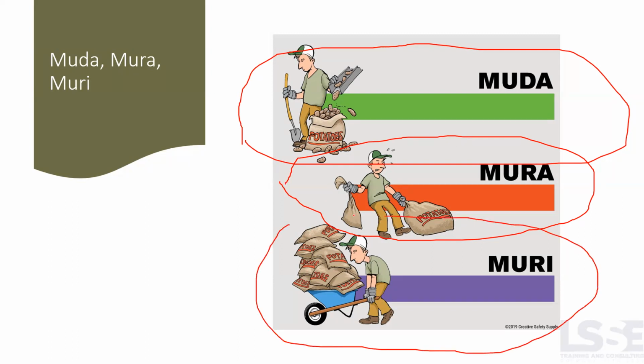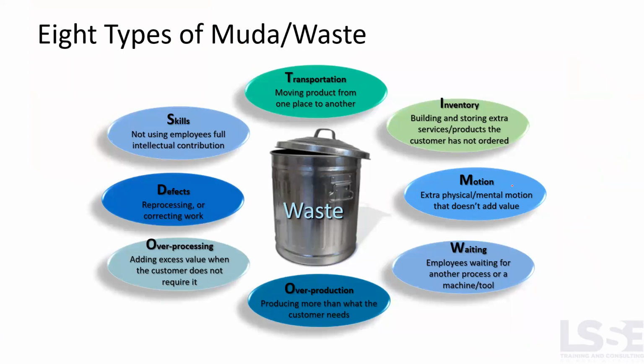Another pain point in a process could be muri, which means that a person is doing too much already of the load. So you can reflect these pain points when you do a process map. But our focus will be probably the muda here. There are 8 types of muda or waste, and we will cover that next. So these are the 8 types of muda or waste: